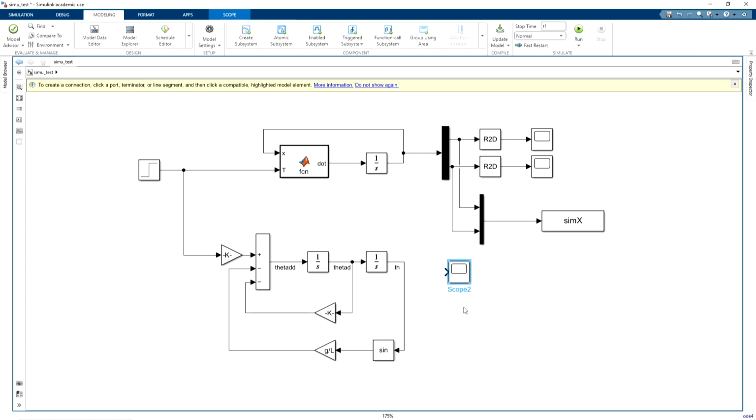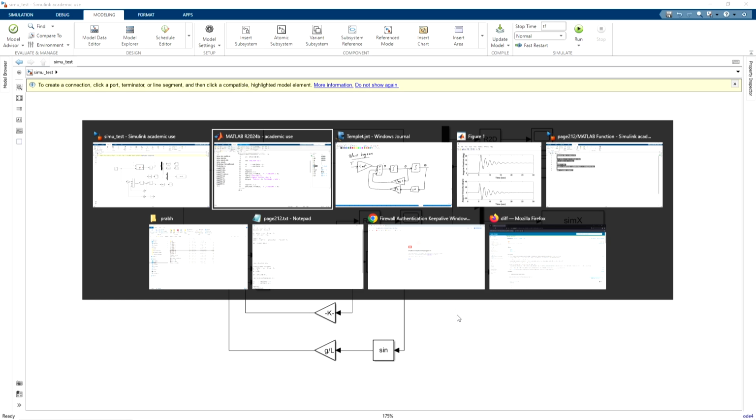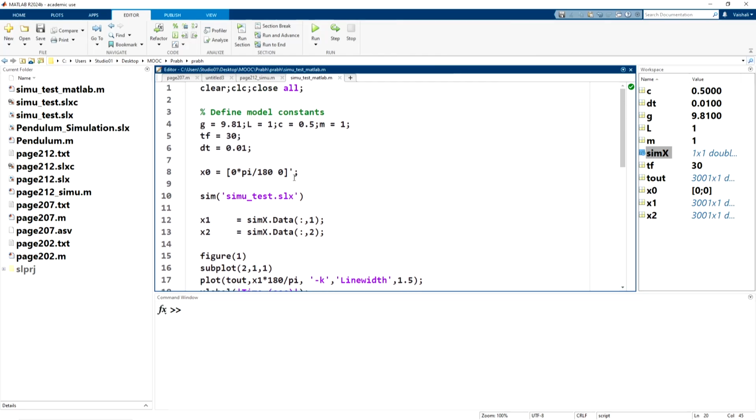We'll convert it to degrees. Similarly, theta dot, that is velocity, we'll convert that also to degrees. All right, I think we are more or less done. Let us run this code.